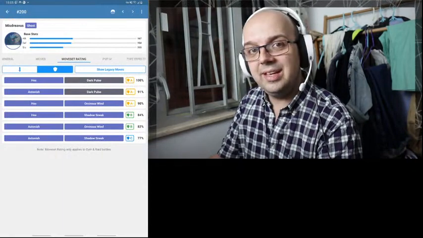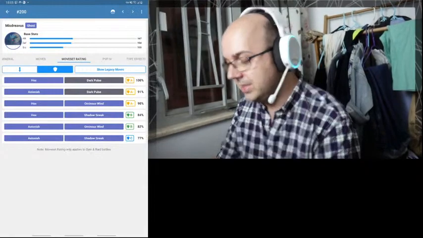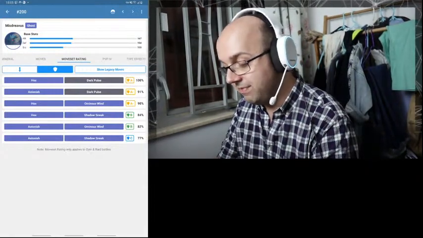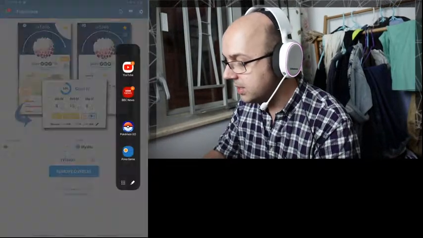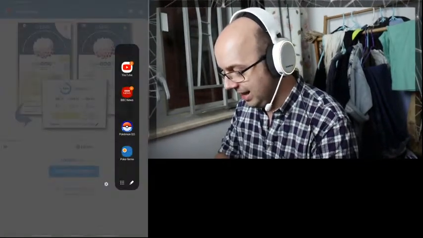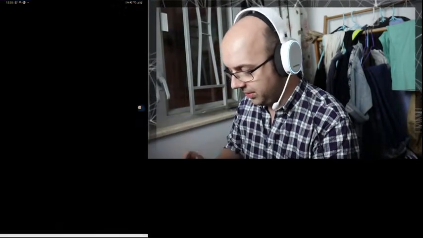If you look on the defense screen, you can see that Dark Pulse would be quite good if I wanted to use this Pokemon to defend a gym. So what I can do, and I'm not going to do this with Mischievous because I haven't evolved this one yet, but what I could do, hold on a second,